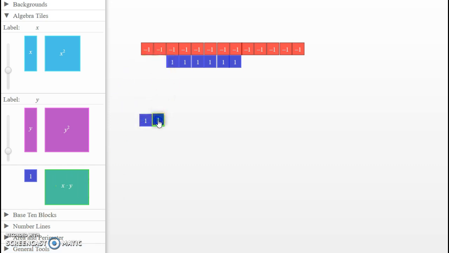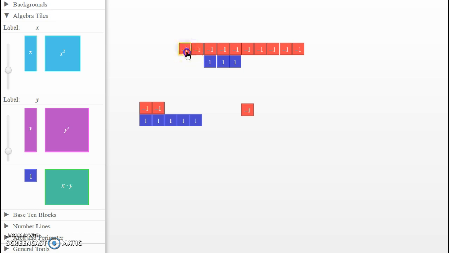So I'm going to start with 5 in my group. 1, 2, 3, 4, 5. And I'm going to add -2 to my group. So I see that these create a group of 0, leaving me with 3 left over. Then I have -7